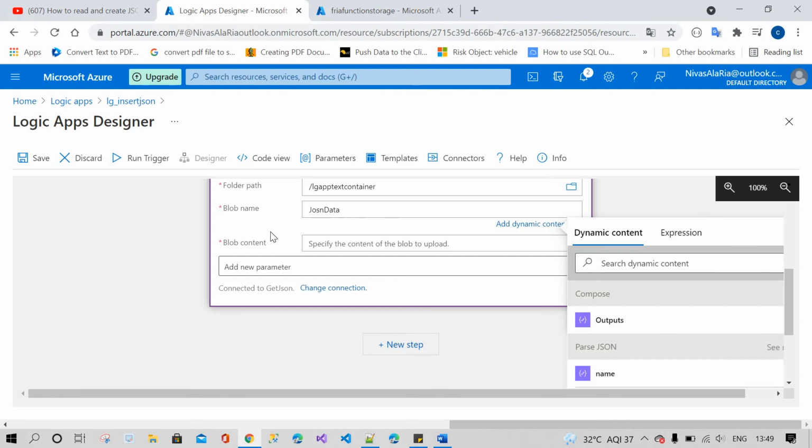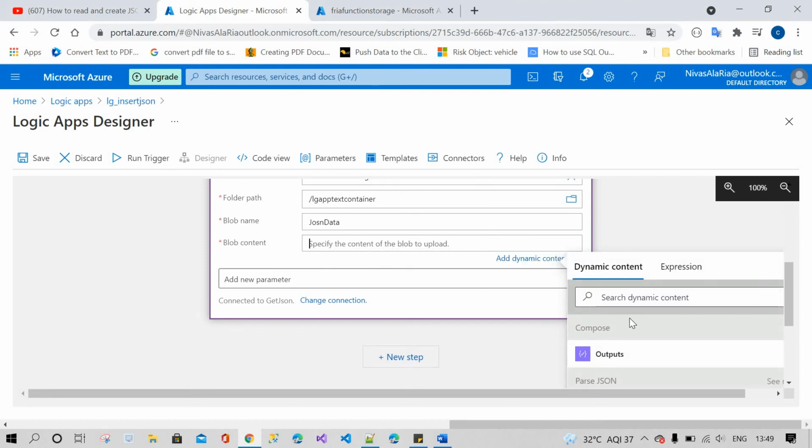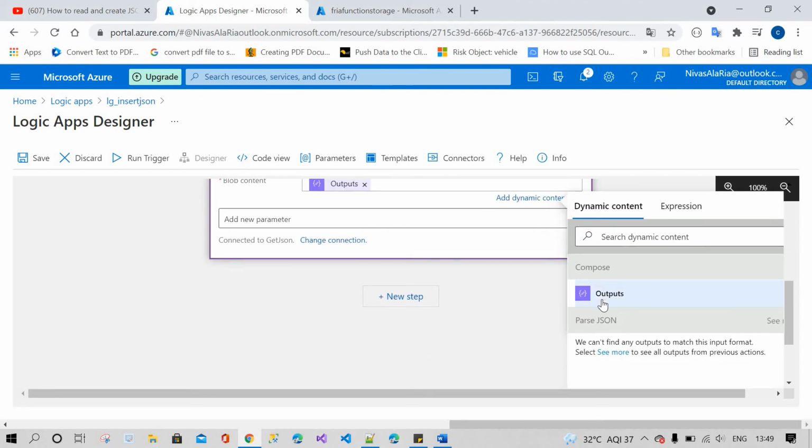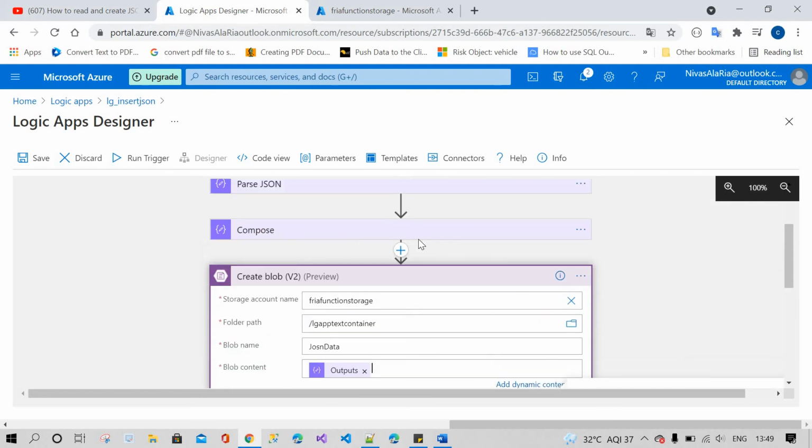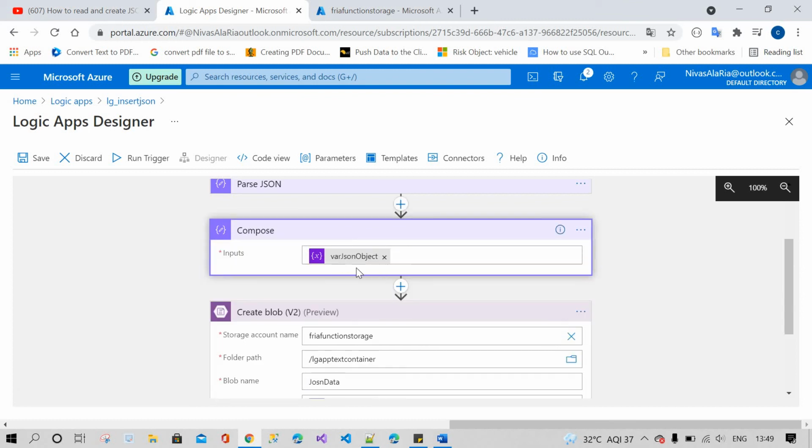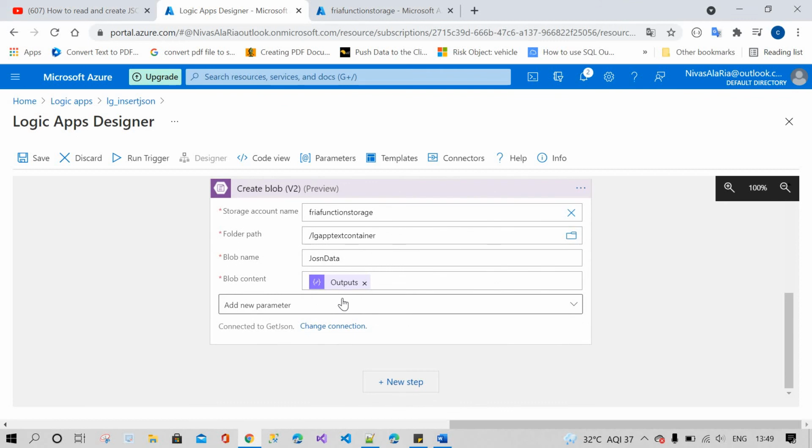The blob content is the outputs. So what is this output? The output is nothing but the data that comes from the compose action. Whatever data is displayed in the compose, we are consuming here, and we are going to insert this data into the blob with the name JSON data.